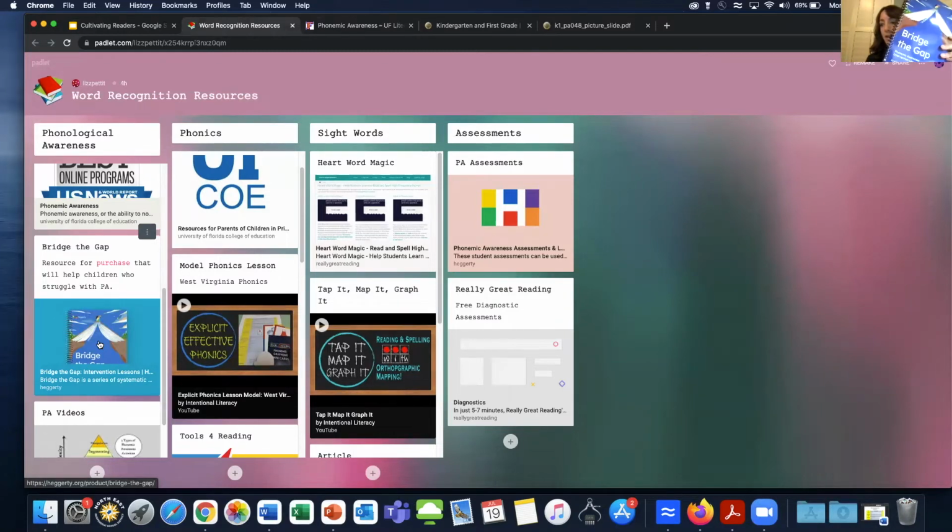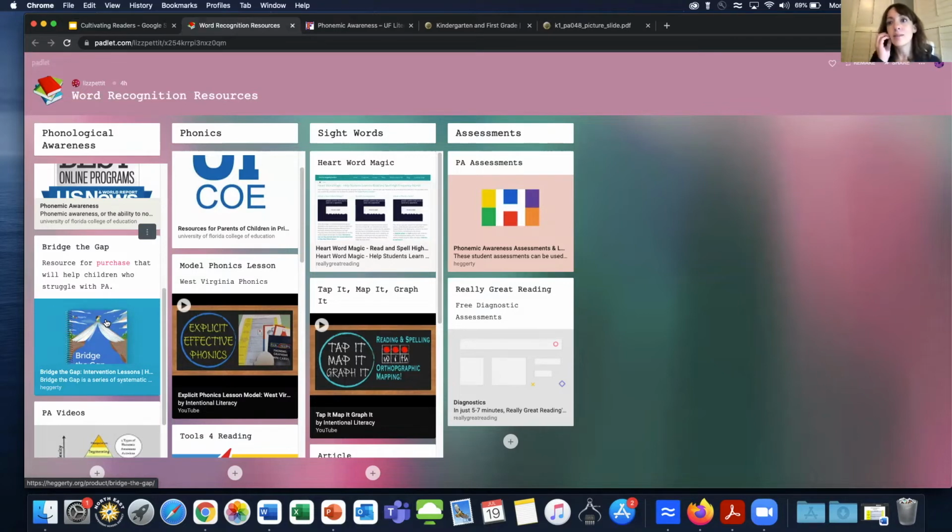Okay, and both of these resources teach phonemic awareness, phonological awareness. The difference is the Bridge the Gap, the one that I have on here, is supposed to be an intervention program, and it actually has an assessment in it, and then it breaks it down into each individual thing. Whereas Haggerty is more like what I did for you earlier. You do a little bit of everything. You do a little bit of rhyming, and then you do a little bit of blending and a little bit